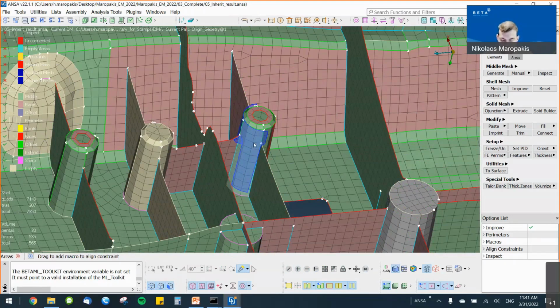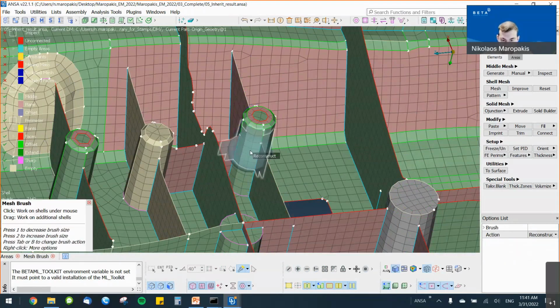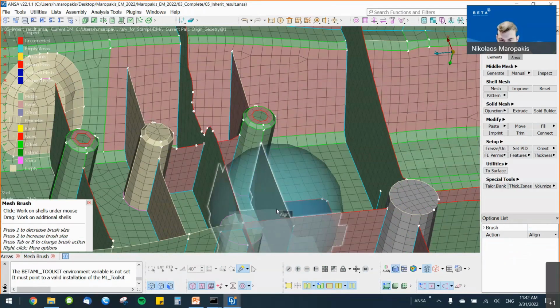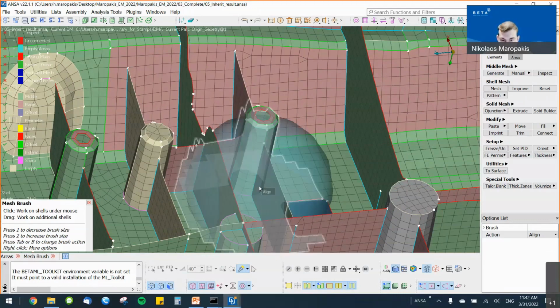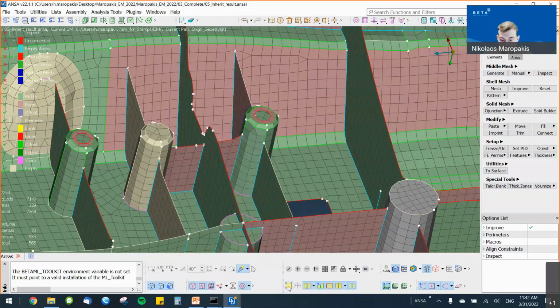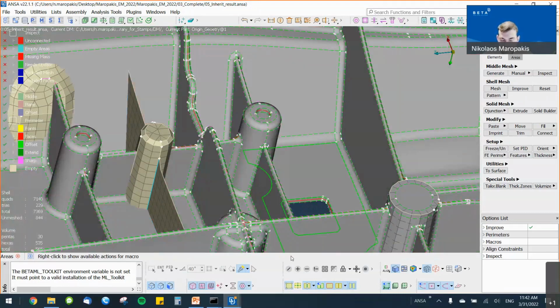I will activate my brush with the shortcut key B again. While in the align draw mode, I have the align function available. I will now increase the size of my brush to do fewer moves. I will apply it here on this tube, and if you pay close attention, you can see when I release my mouse that this tube will move to the right. Now I can see here that it's in the correct position. If I turn on the geometry, it's exactly where I want it to be.